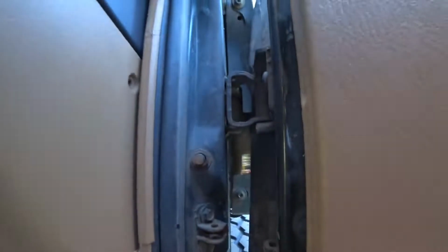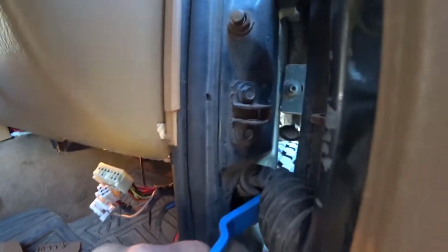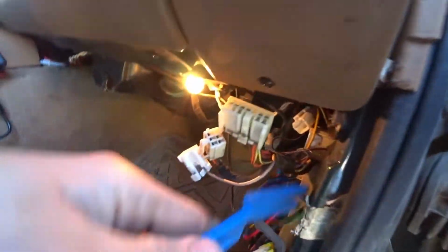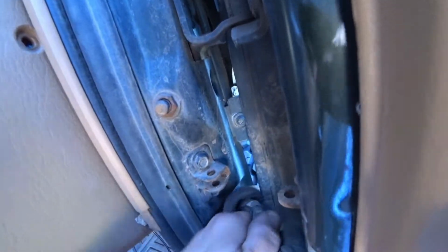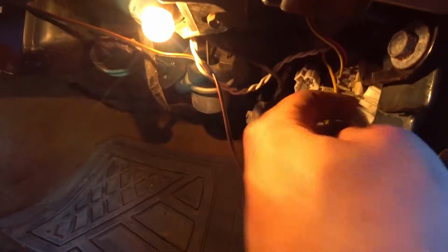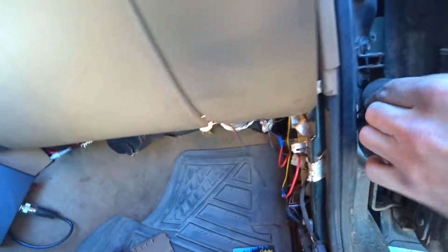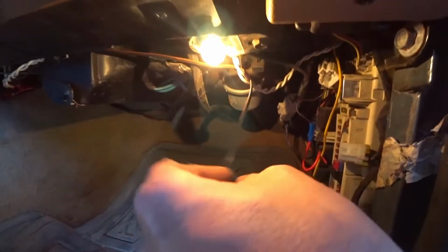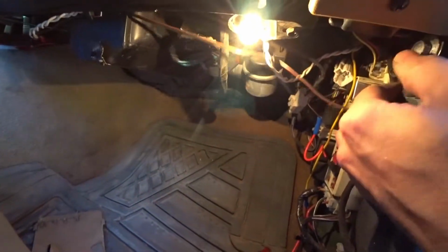So what I like to do is get one of these interior trim hooks just like that, and kind of force these free. And you want to pull these wires through. Sometimes they don't always want to go through, so you almost have to do them one at a time. Seems to work a little bit better that way. 1, 2, 3, where's number 4? 4 is right there. Oh, I ripped out one of my...